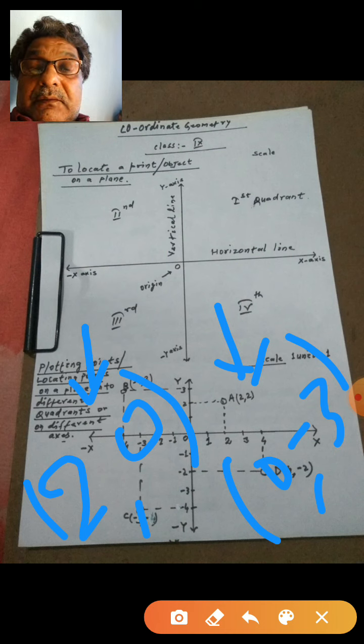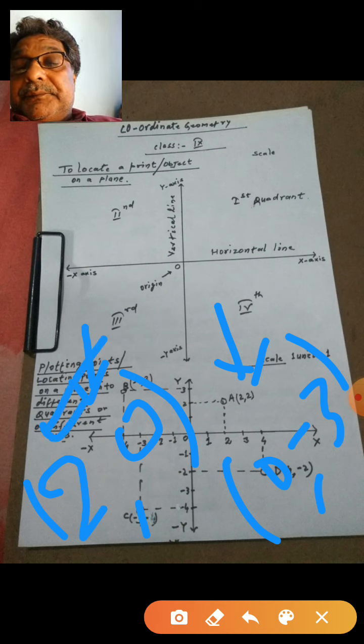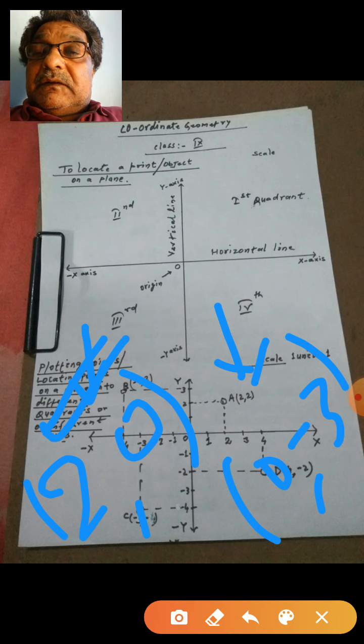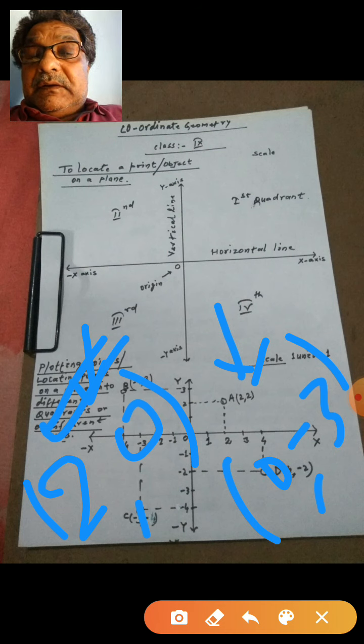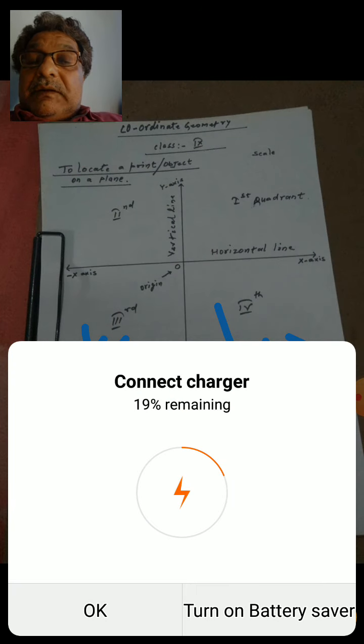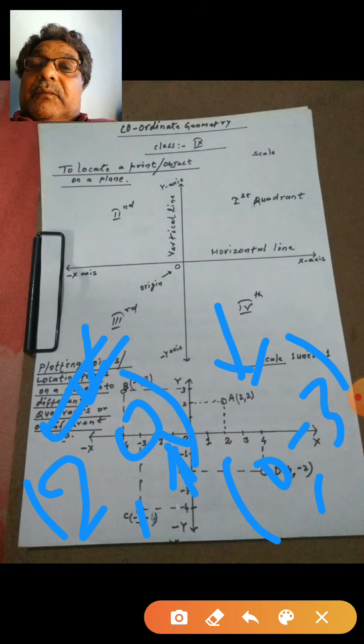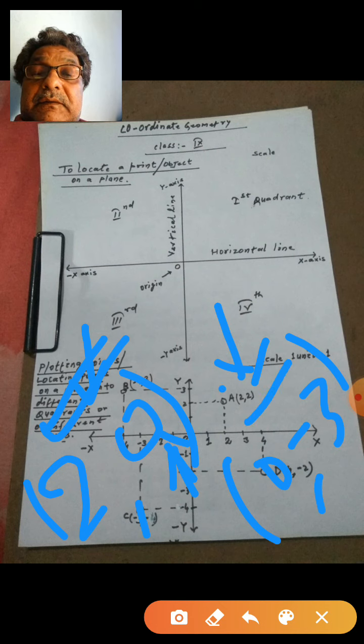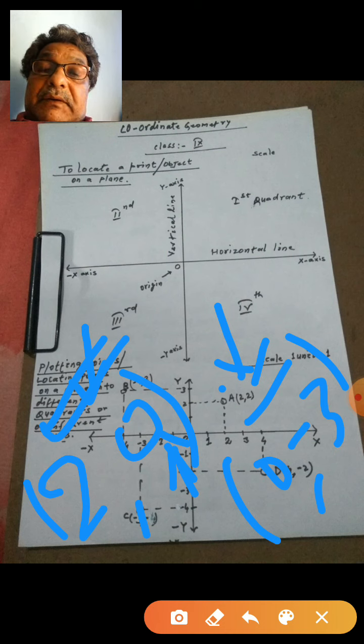Okay, now see the first point, 2 comma 0. Since its y coordinate is 0, to remember, when you see that the y coordinate is 0, immediately you say the point will belong to the x-axis. Seeing y as 0, the point will belong to the x-axis. Conversely, in this point, since x is 0, definitely this point will belong to the y-axis.